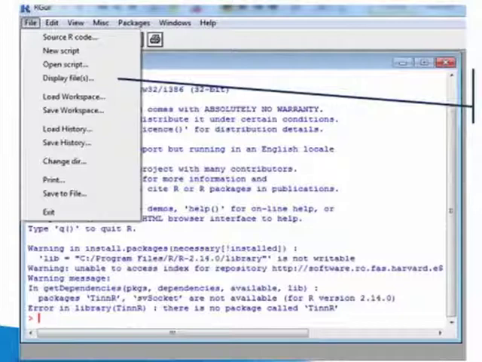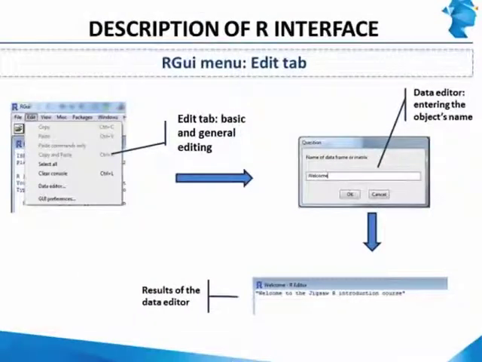So you can save the sequence of instructions you wrote without the related data and objects by saving the history of instructions using the save history command. The save history command will just save the sequence of the instructions that you've put in. It won't save the related data or the objects that are associated with it. And you can of course import this history into R by using the load history command. And finally, you can print the instructions that you've written by using the print command. You can also exit the system by using the exit command.